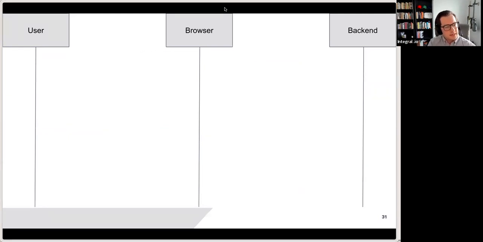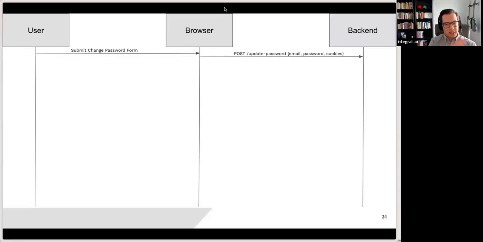And so what this means is that, let's suppose that the user wants to change their password. They go to the change password page and they fill out the form there, and the browser is going to send a post request to update the password. The cookie is going to go along for the ride with the session ID. And now the backend can check if that session ID is currently active. And if it is, and it has to do that by talking to the database, that's an important note, and if that session is currently active, it'll go ahead and update the password and tell the browser that that